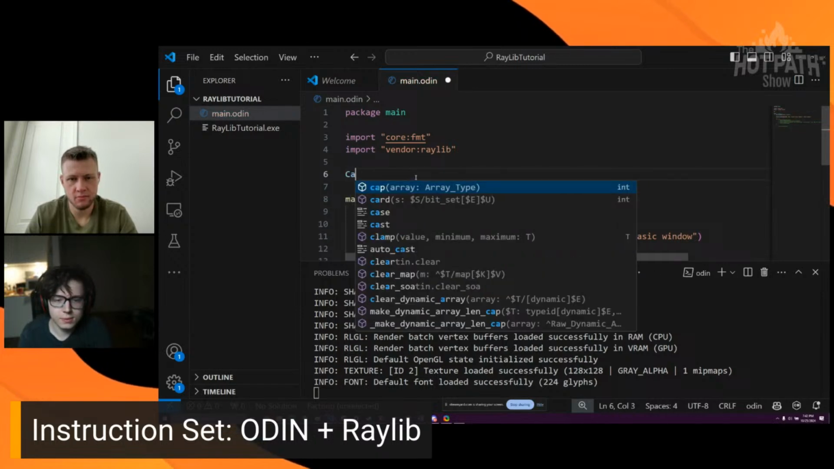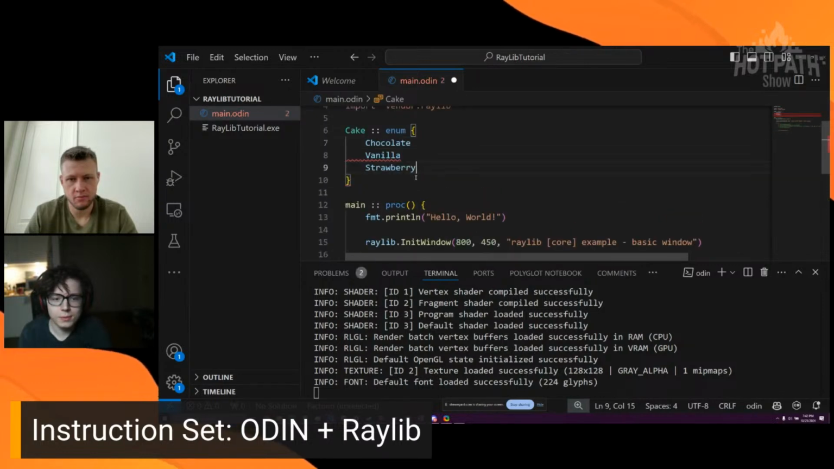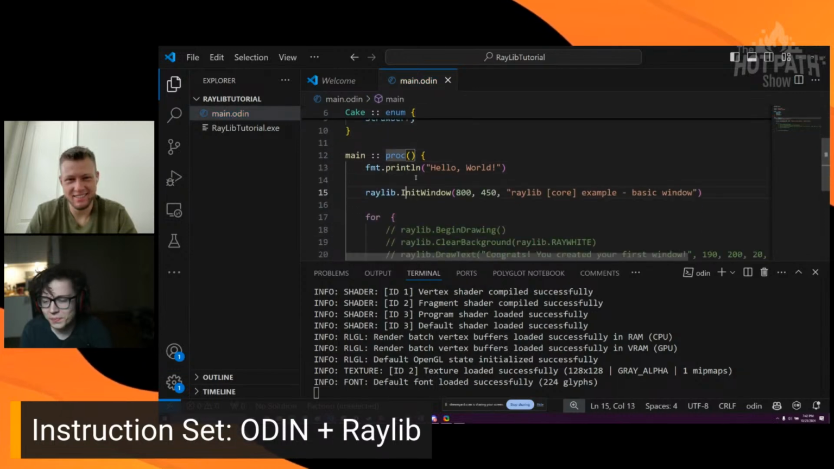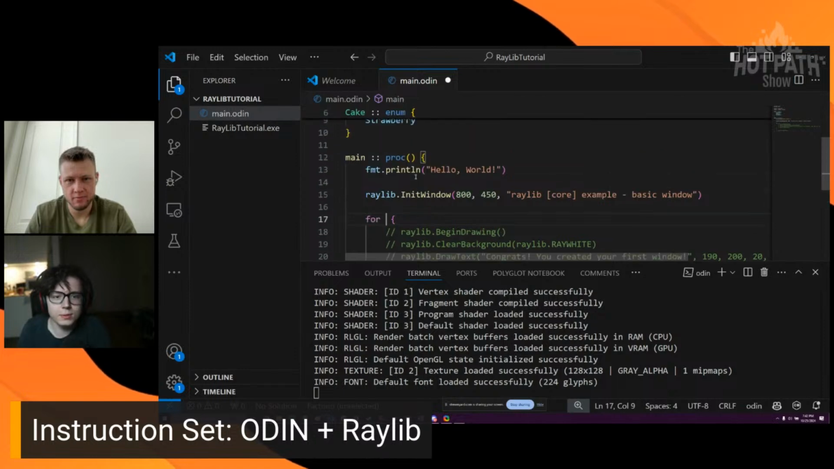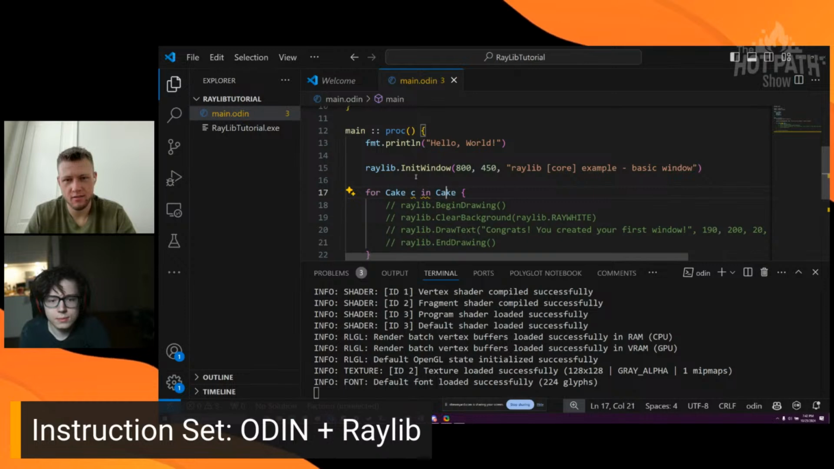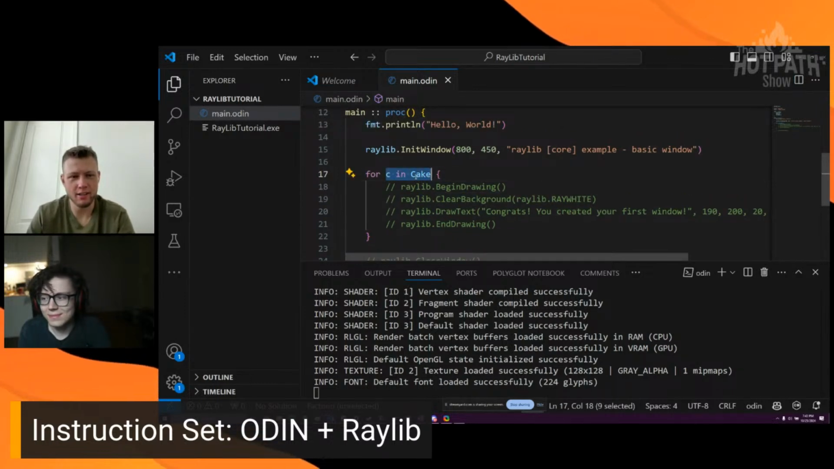Like cake is an enum. Chocolate, there are different kinds of cake. What a fun example. And then you can say, how does that even work? I guess you just say for c in cake. And then you can also use that c as an index into an array. So if you had like